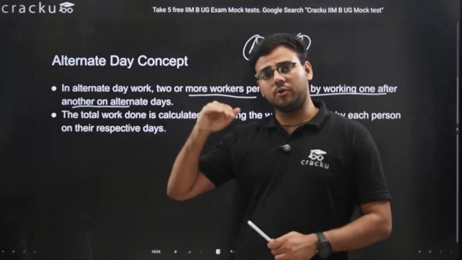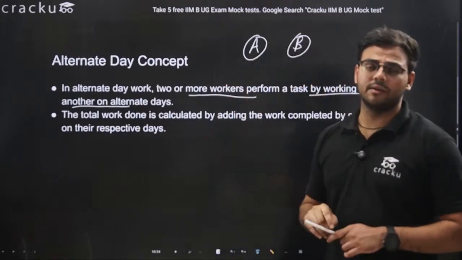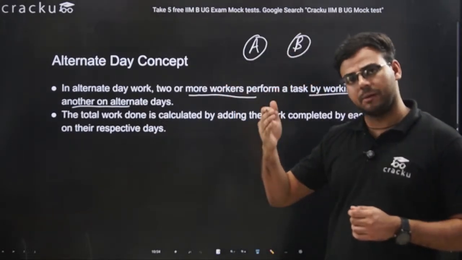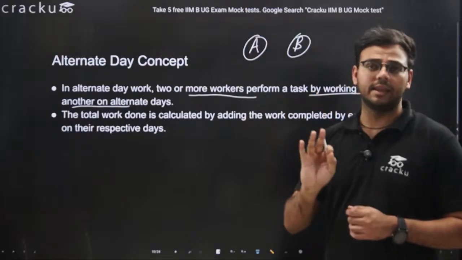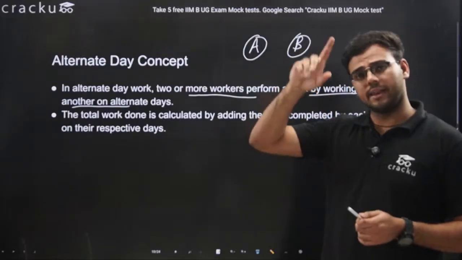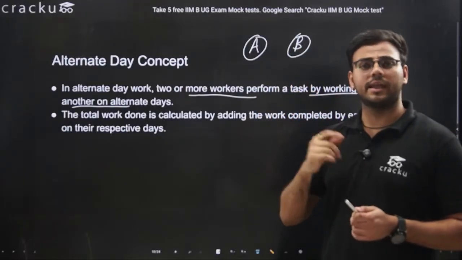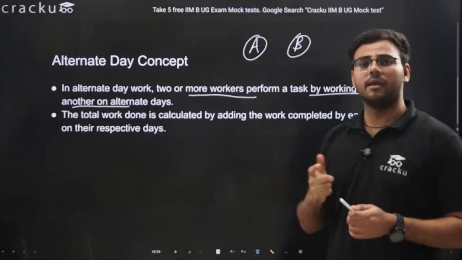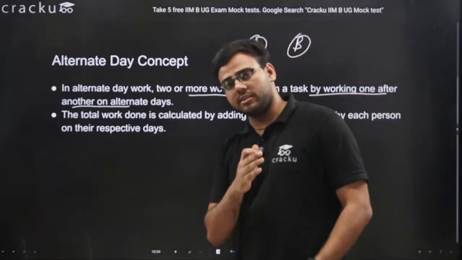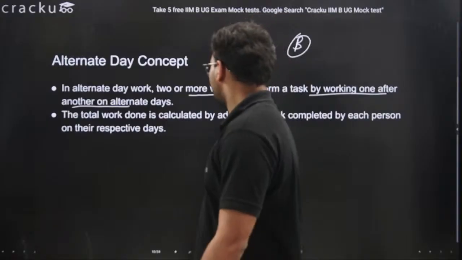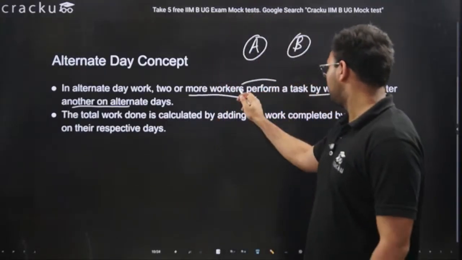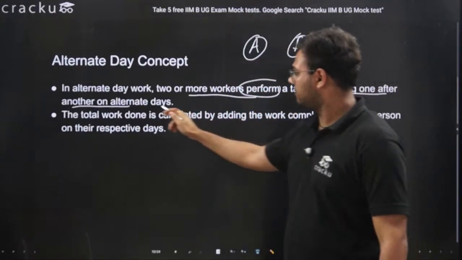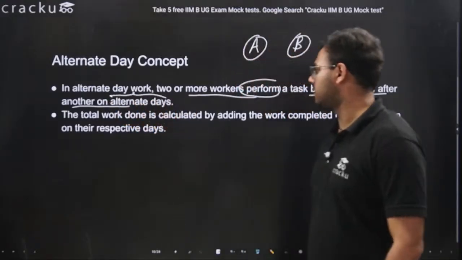After these 1, 2, 3 days, on the 4th, 5th, 6th day, what will happen? Again they are doing A plus B plus C units, taking just 3 days to do that work. So in the next cycle they are working at the efficiency of (A plus B plus C) by 3 units per day, and this efficiency will continue. So if 2 or more workers are doing the job alternately, you have to consider how they will be working on the alternate days.